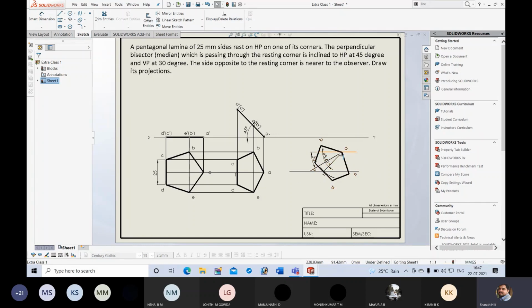You can calculate the beta angle somewhere else on the drawing sheet, wherever space is available. So find out the beta angle separately and directly rotate the second top view to that beta angle. Then you need not do all these things. Then directly you can rotate the second top view to the beta angle. Next, for getting the final view, project all the points, connect, and get the final.